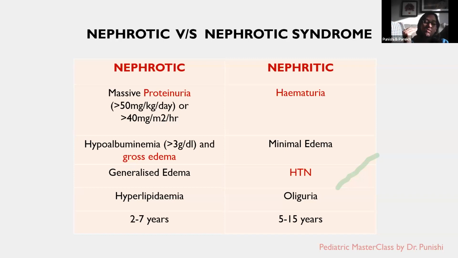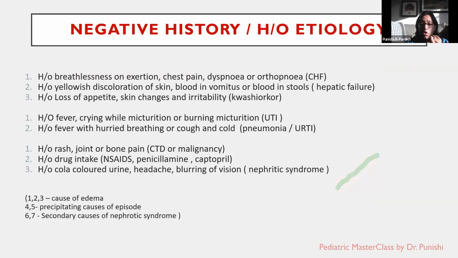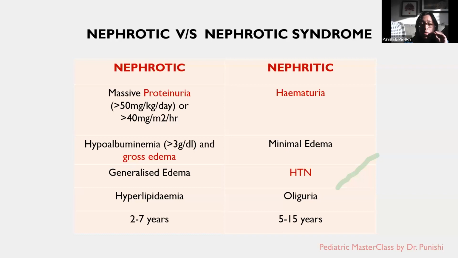So the previous set of questions that we asked in the negative history or the history of etiology was to rule out the causes of edema, whether or not this is a secondary cause of nephrotic syndrome, and what was the precipitating cause of this edema in this child. I hope this is clear. Moving ahead,